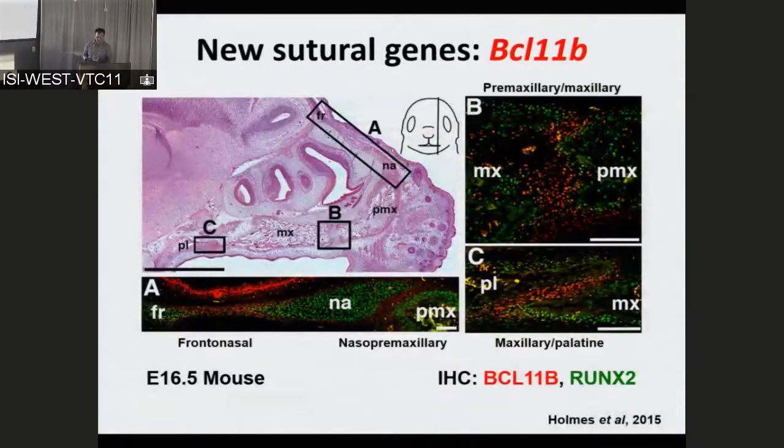And there's new genes to be discovered. We know that because we found one. So in the case of BCL11B, this is already known to be expressed in brain and thymus development. We found this serendipitously when we were using it as a brain marker, and then just realized it's expressed in sutures. And soon after that, a paper came out expressly saying that BCL11B mutants have mid-facial hyperplasia,